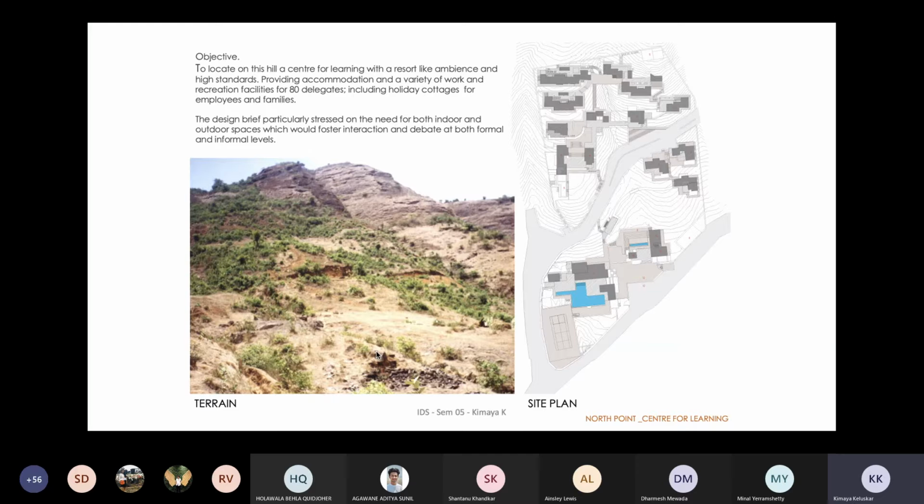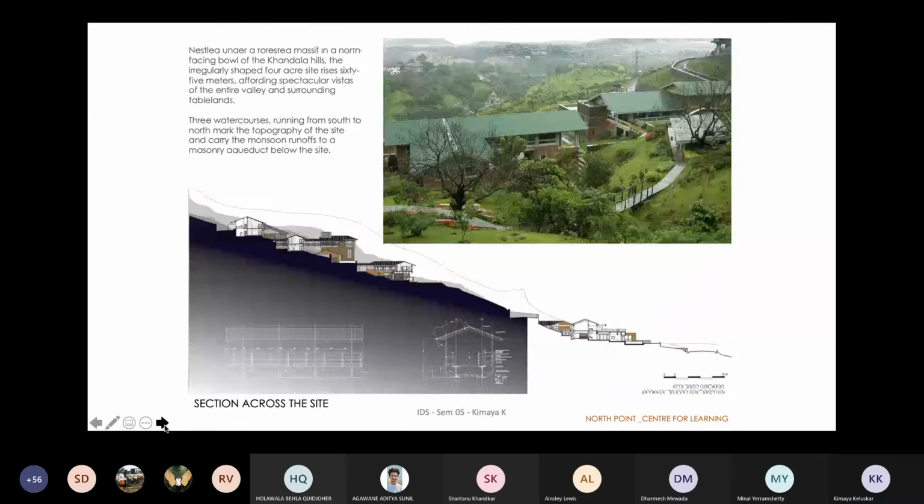The other thing is there have been two streams which were running across the site, and they were the sources of water for the villages below at the foothills. So it was extremely important that you make sure that those streams are not being affected because of your project. Okay. So this is basically done for the Deltas group. It's their outstation kind of space where they have a clubhouse. They have a lot of workshops and things like that here.